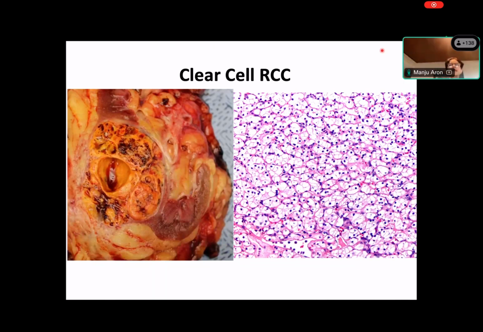Now, in the next few minutes, I'll try to quickly run through the common tumors that you see in the kidney. Clear cell RCC: golden yellow, can be variegated, with a characteristic morphological appearance with clear cells.